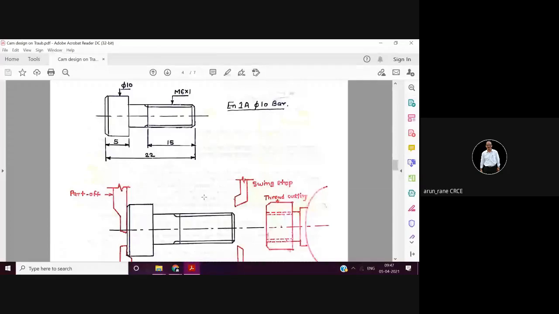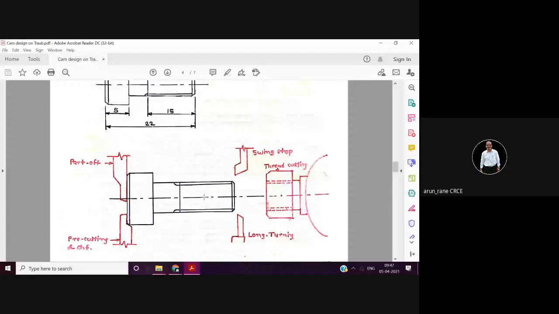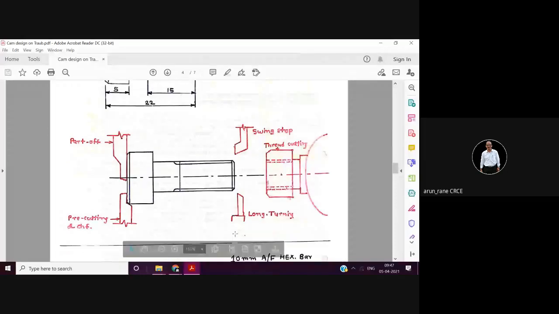So the very first step is you have to draw the tool setup, and for this, depending upon the number of tools, the marks are distributed. So for this there will be 3 to 5 marks, because unless and until this is done, you cannot proceed with the cam design. So this has to be very clear. That's why 4 to 5 marks are reserved for this, and this is what is called the tool layout for a drop.